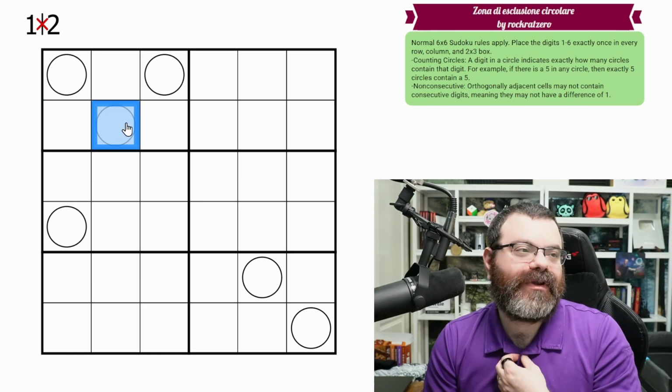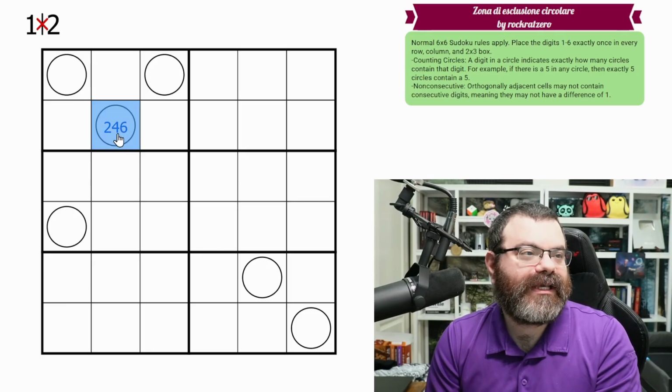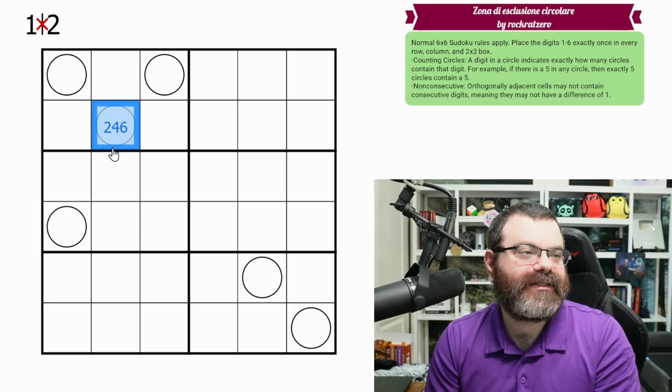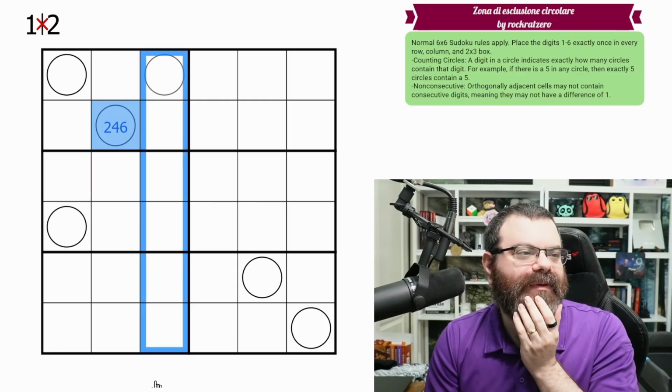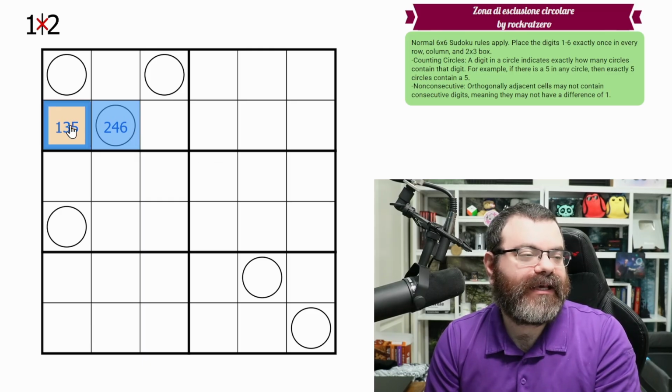It's arbitrary which one we pick. But let's say this is even, a 2, 4, a 6. I'm picking this one because it's kind of the most powerful in the box. And if I remember correctly, it cascades downward. So if I were to try to put an odd digit next to it, a 1, 3, 5,